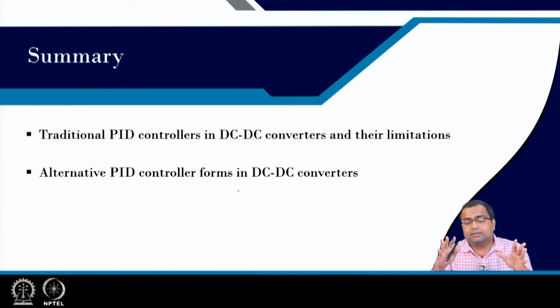Then we can use an estimated load current if you do not want to sense load current, but current sensing is required particularly for the boost converter, where otherwise if you choose a higher gain, it may lead to complete collapse because of the right half plane region. So, you have to be very careful, and we should generally use current mode control for the boost converter. And we saw that the current error, inductor minus load current, gives something like a derivative action which is inherently there, and that is why we can think of a current mode control with a PI controller, which looks similar to a PID controller overall.